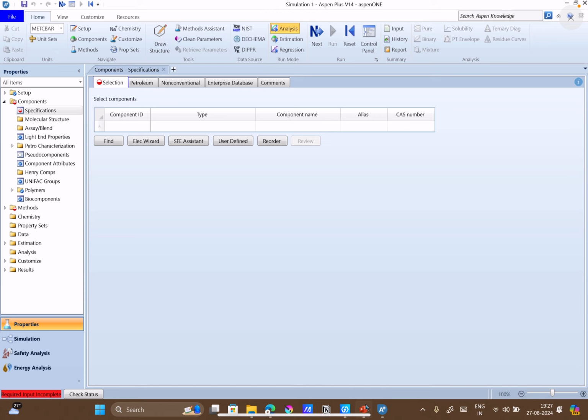In these various options, let's say I have selected that binary VLE 40. I find that this researcher's work is good and I want to follow this data. So this PXY diagram is at 334 Kelvin. So we can save this data. When you press save, you will have an option to select other data sets also. Right now I have selected vapor liquid equilibrium 14, so only that has been selected. I can add other data also.